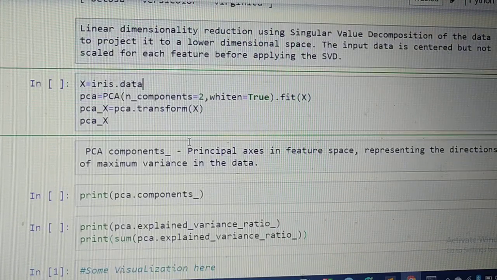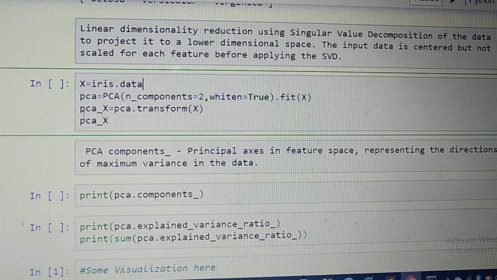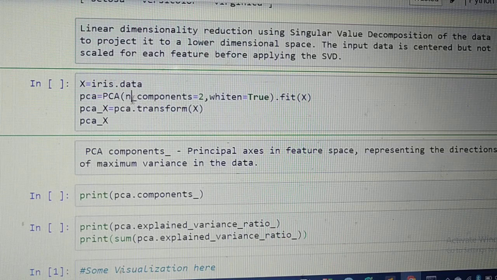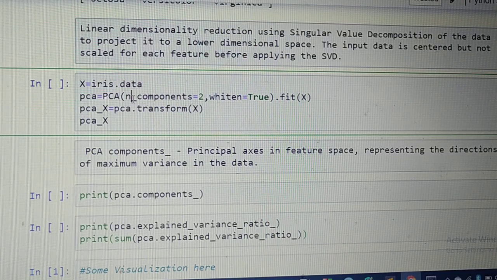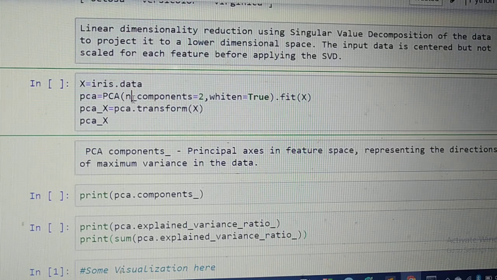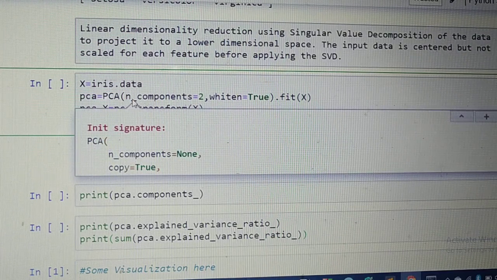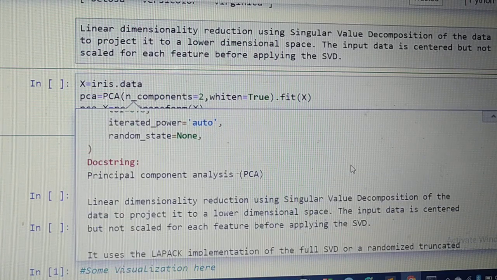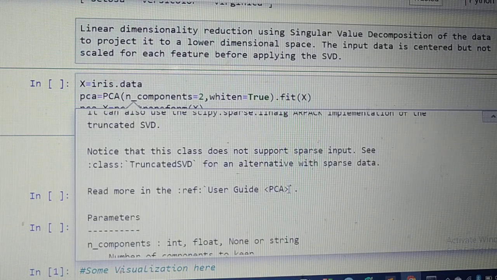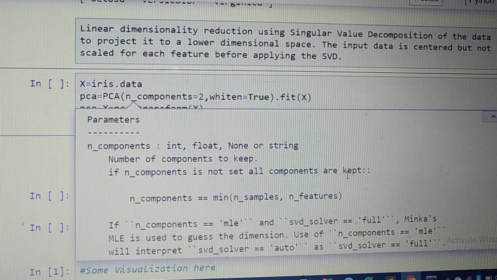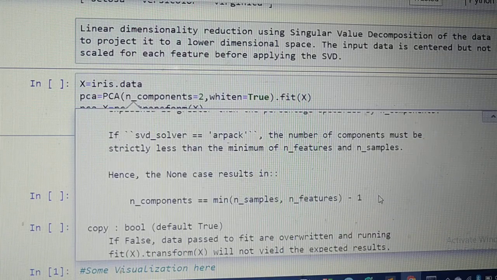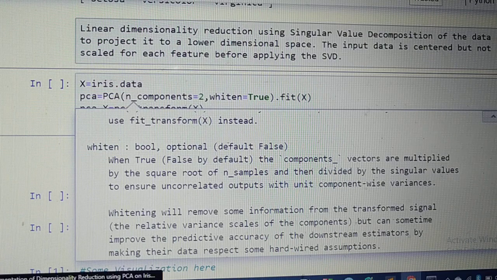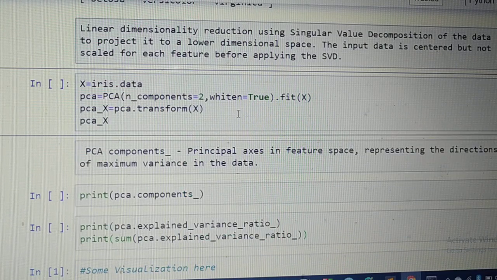We have to put the data in X, and then PCA equal to PCA. If you want to know what exactly is there in PCA, press shift tab here, and you get the entire documentation of PCA. You will get what is PCA, what the parameters are, and the meaning of those parameters, so you can have a walk through that.